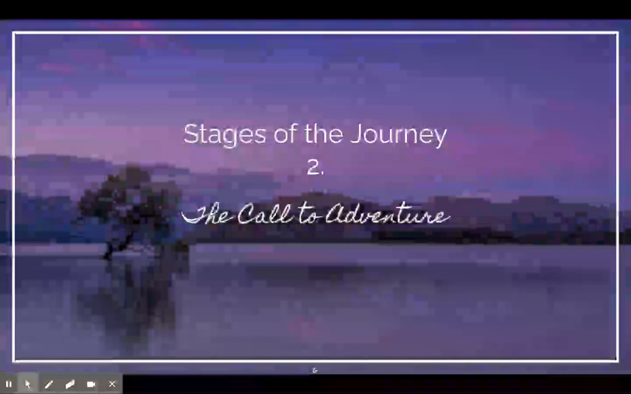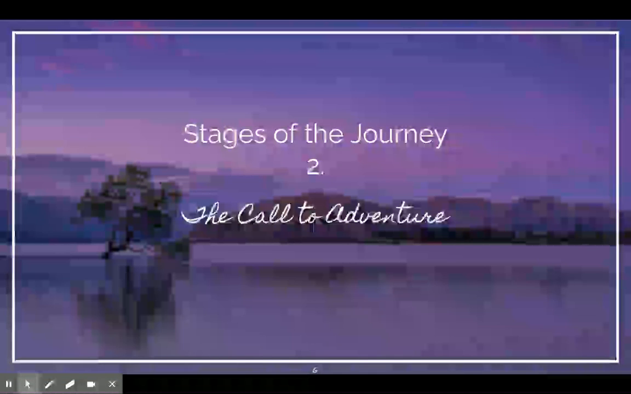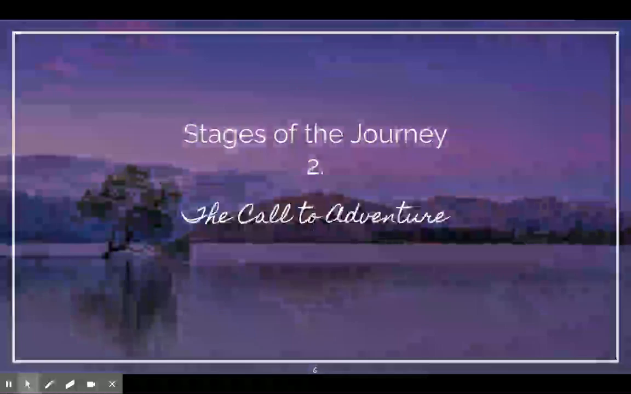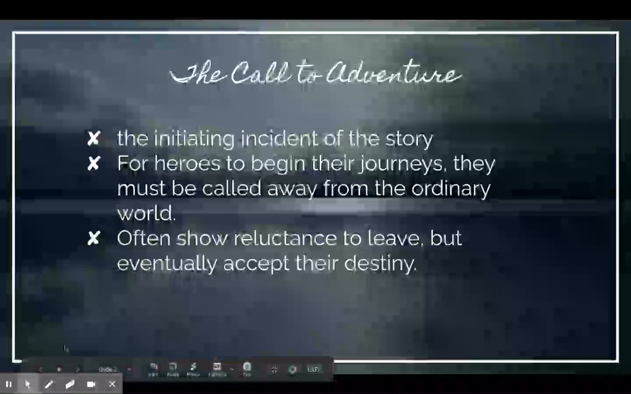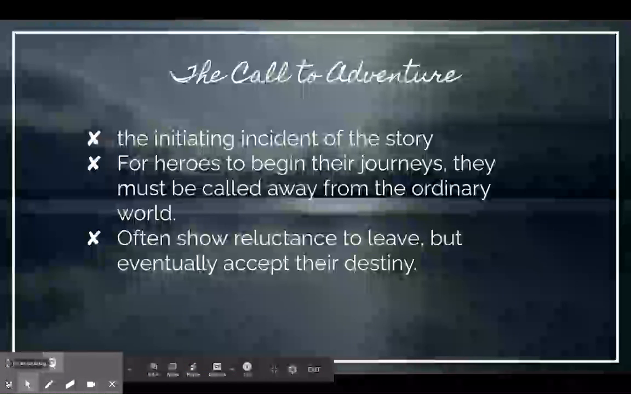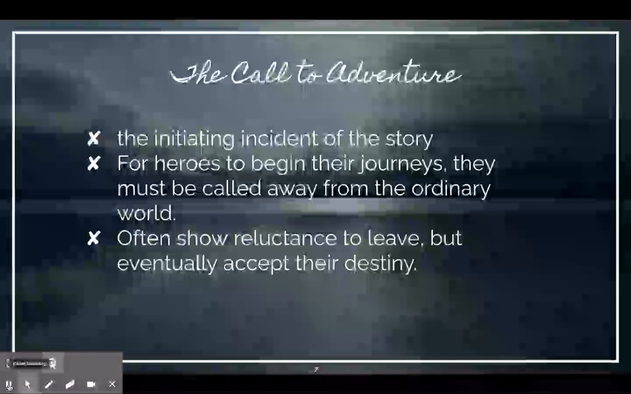The first step away from the ordinary world is called the call to adventure. The call to adventure is the initiating incident of the story. It's what propels the hero into their destiny, right? For heroes to begin their journeys, they have to be called away from their ordinary world. A lot of times they show a reluctance to leave, but they do eventually accept their destiny. So some examples of this would be